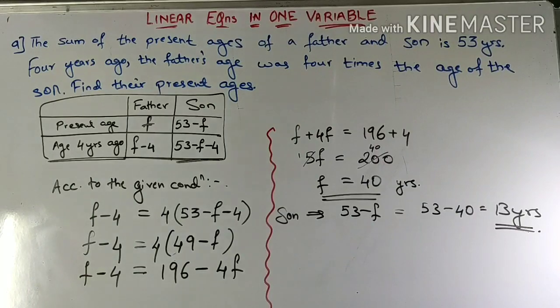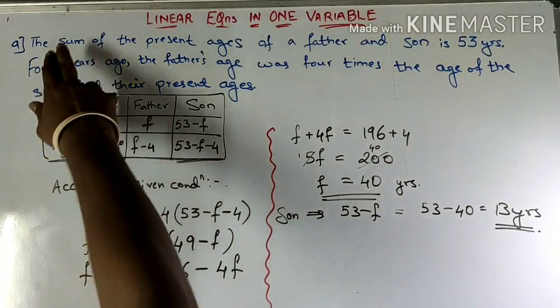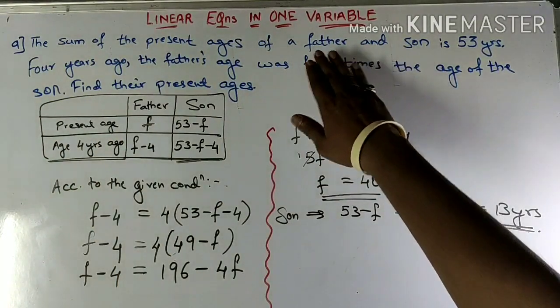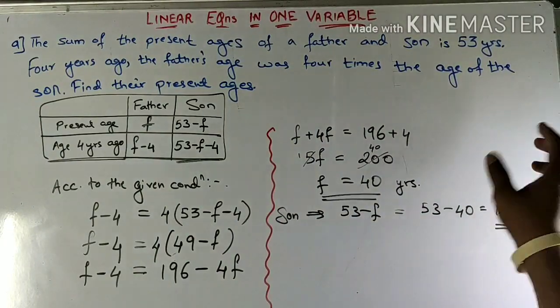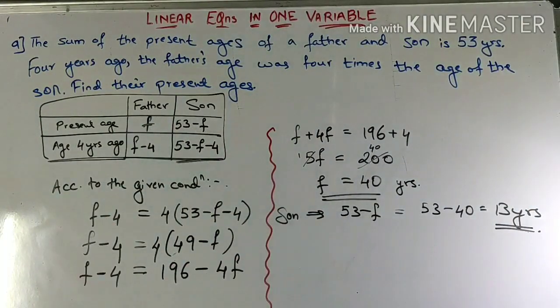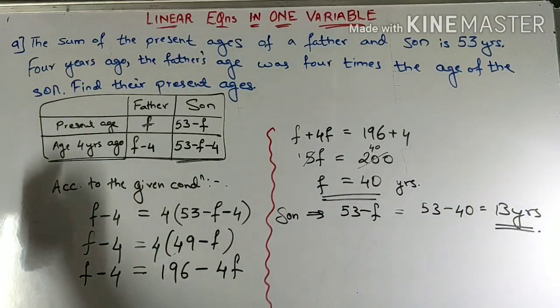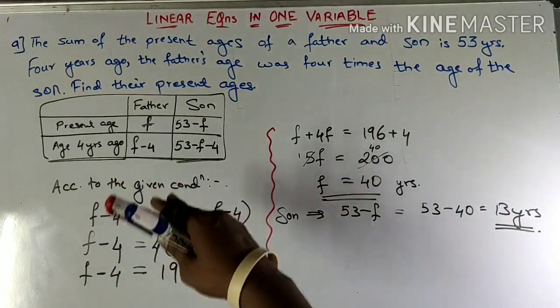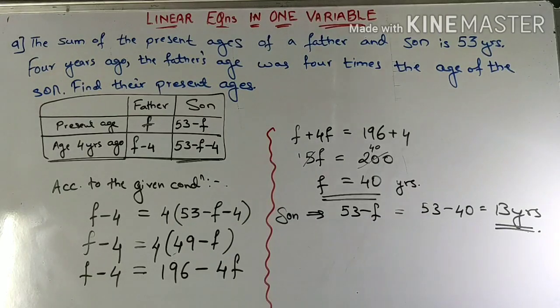So always remember, in the problems where the sum of two numbers is given, assume one of the numbers as a variable and the other one equated for getting the first relation, and based on the second condition get the second relation, solve it, and eventually you will get the correct answer if you don't make any silly mistakes.